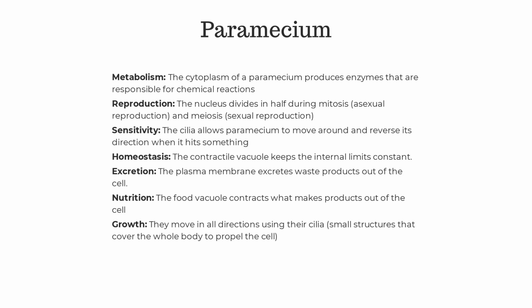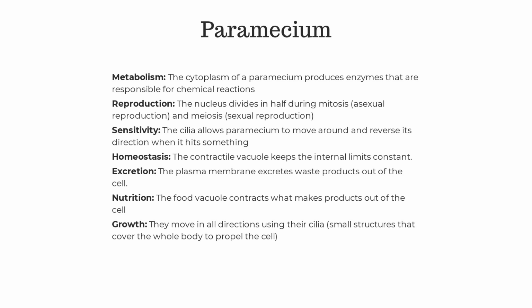and one of the examples is the paramecium. The paramecium metabolizes through the cytoplasm, producing enzymes that are responsible for the chemical reactions, and it reproduces through the nucleus as it divides in half during mitosis through asexual reproduction and meiosis through sexual reproduction. And the cilia allow the paramecium to move around and reverse its direction when it hits something, while the contractile vacuole keeps the internal limits constant,